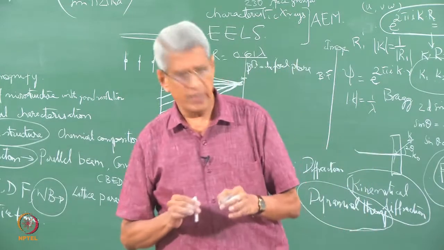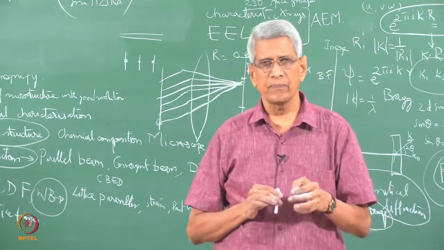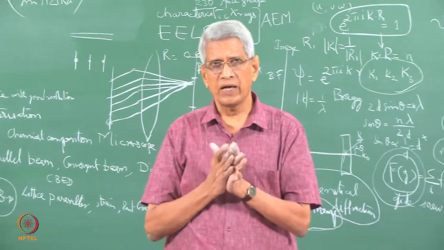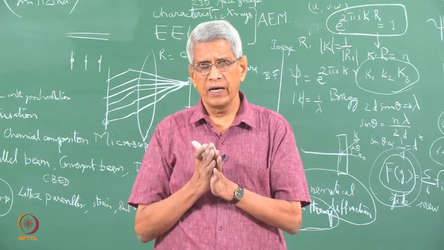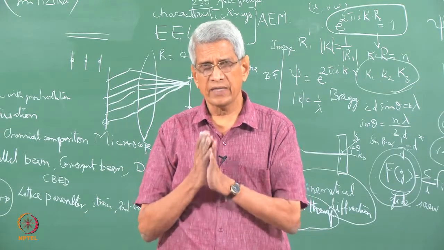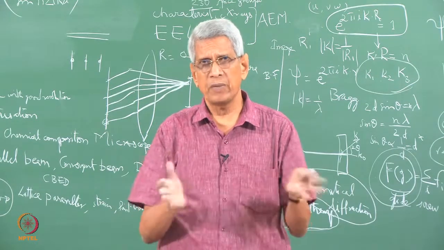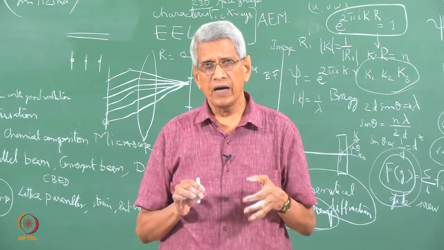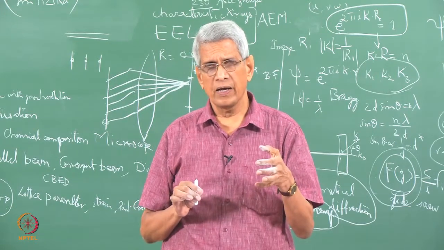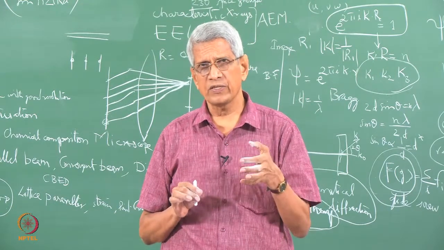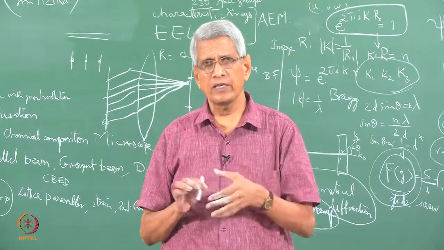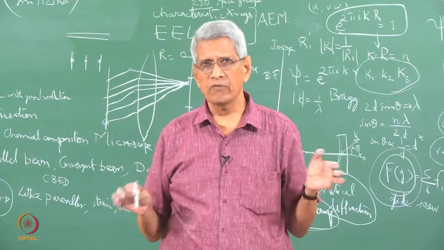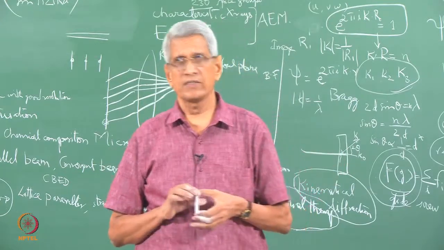What we will do in the next class is this: so far we have covered up to diffraction and the image part of it. We just mentioned that bright field and dark field could be obtained, but what is essentially important is how we characterize these images and different defects by looking at the image. These aspects we have studied. A brief summary of it, we will take in the next class. I will stop here.